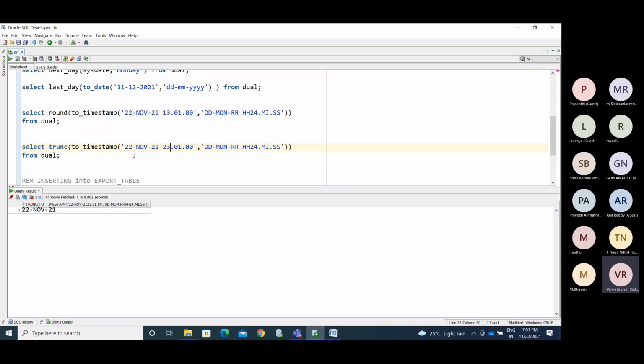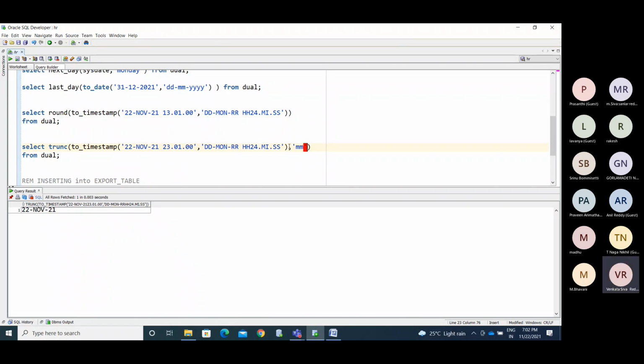It will display the actual, current day only. So this is about trunc. Trunc acts in two ways. If we want to find out the first day of the month, if you pass any date, I need the first day of the month.